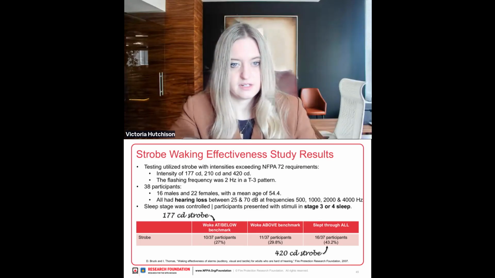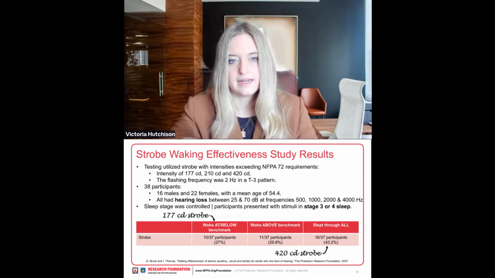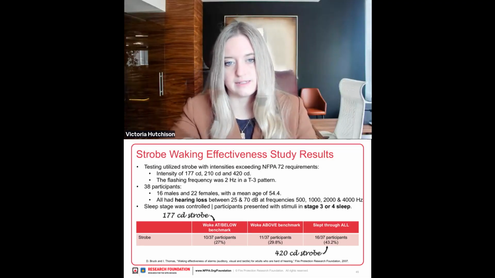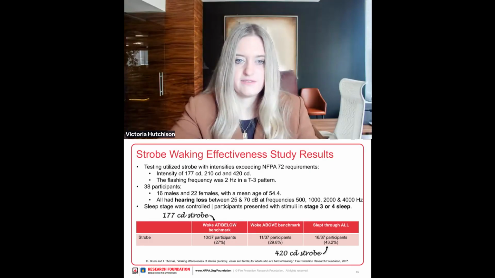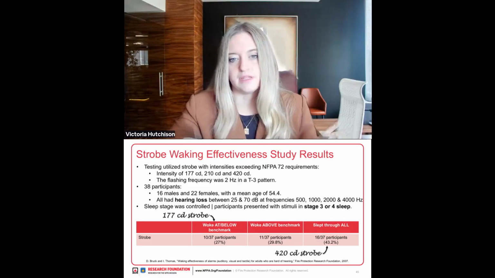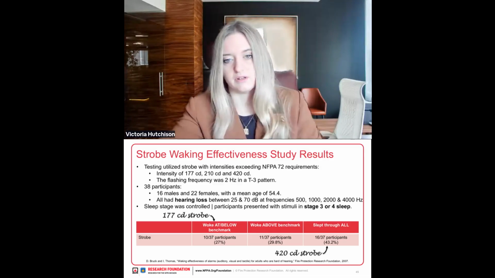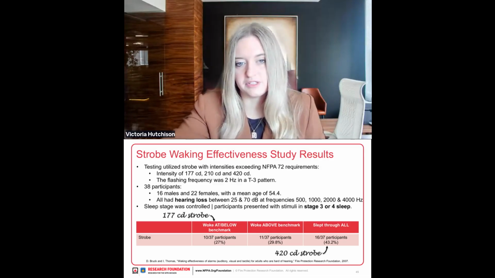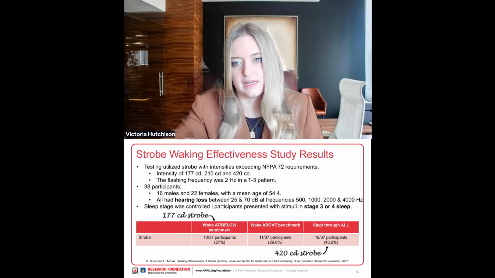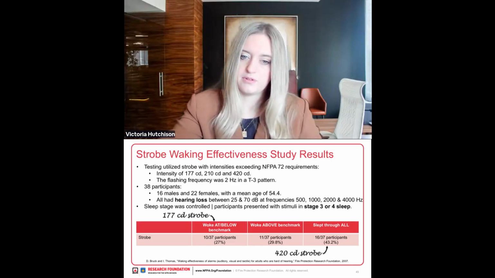There were 38 participants involved, all with hearing loss between 25 and 70 dB. They did control the sleep stage, so participants were in either stage 3 or 4 sleep. With the 177 candela strobe, about 27% woke. At the intermediate interval, the 210 candela, the number that woke above that benchmark was about 29%, so 11 additional participants. But then 16 of the 37, about 43%, still slept through the